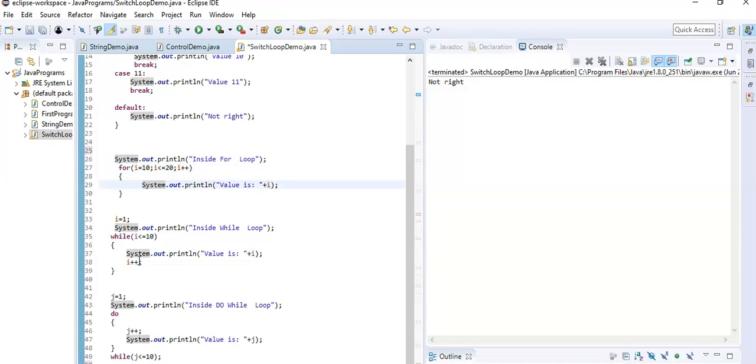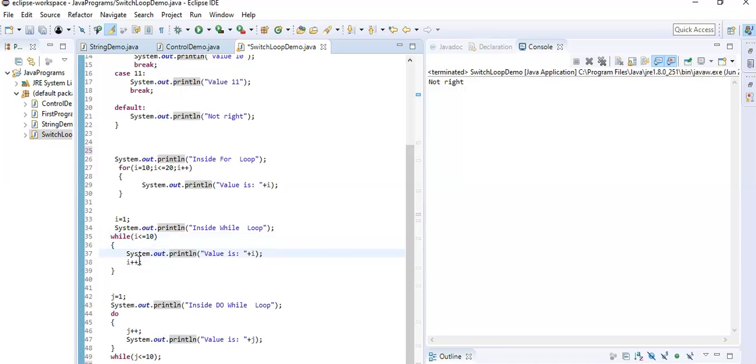For i is equal to 0 is initializing. I am checking the condition, I am incrementing the value. First initializing takes place, i is equal to 10. It will display the value. Then it will increment the value, i plus plus. Then it will check for the condition if i is less than or equal to 20. That means 11 is less than or equal to 20. Yes, it is. It will print the value. Again, it will increment it to 12, and then it will check for the condition.